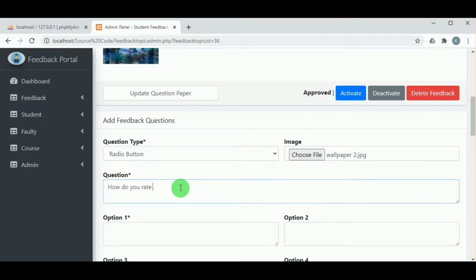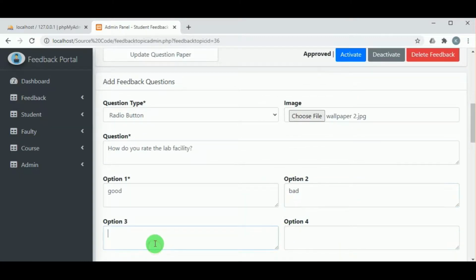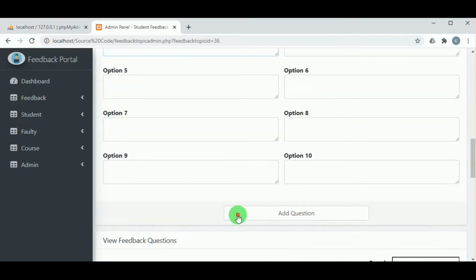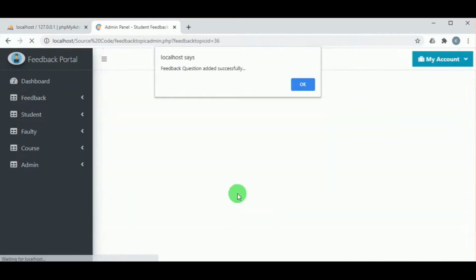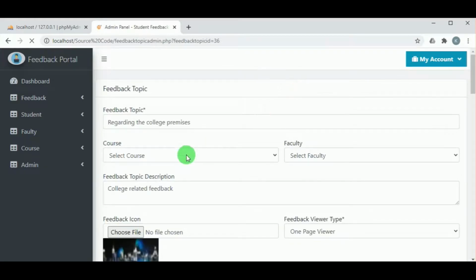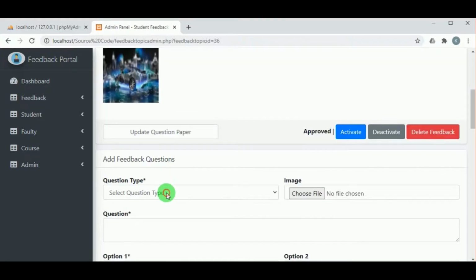So regarding the college means you can ask the questions about the college facilities, whatever the facilities provided by the college, and regarding the lab facilities, library facilities, internet facilities, about all these facilities you can give feedbacks about the college. Let's add the question. So we have added 2 questions. Let us add one more question.